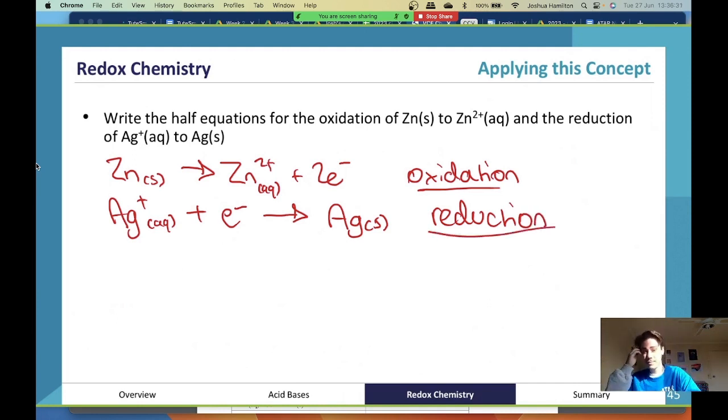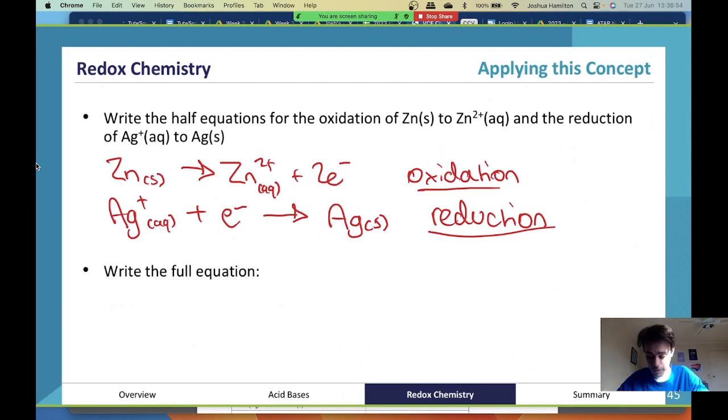reduction. So it's really important you understand that you can use the electrochemical series to obtain this information. It may seem a little bit difficult at the start, but you can just go to the electrochemical series and most of the time your answer's there. Now, the next step here is